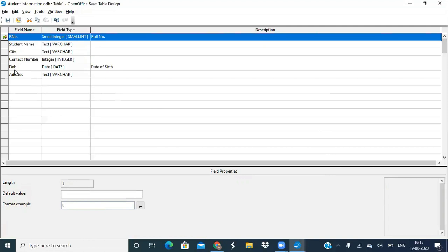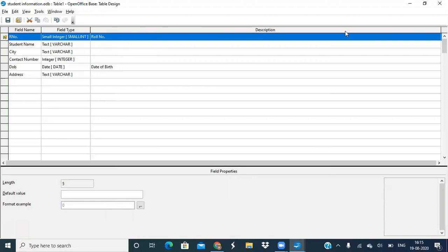If we want to set the student name as a primary key, can we assign? No, we can't assign the student name as a primary key. Why? Because the same name can be assigned to two students. Maybe two or three students with the same name can be in the same section. So roll number is one of the fields which is assigned by the school, and each and every student got their own roll number.